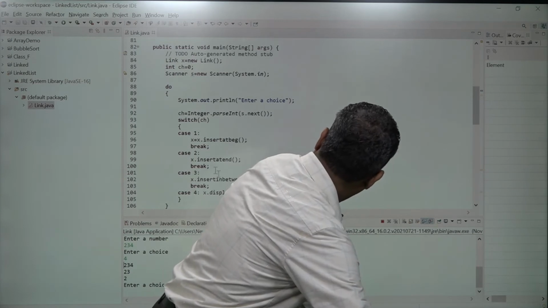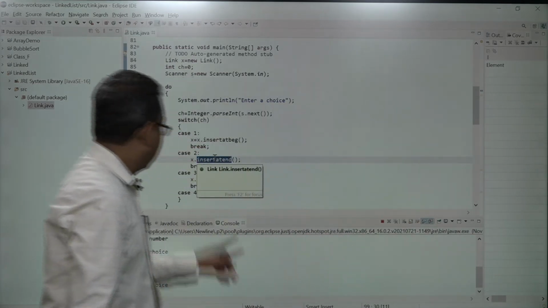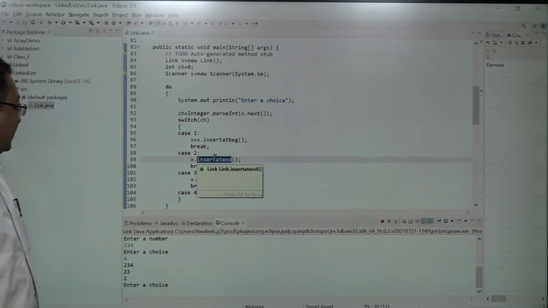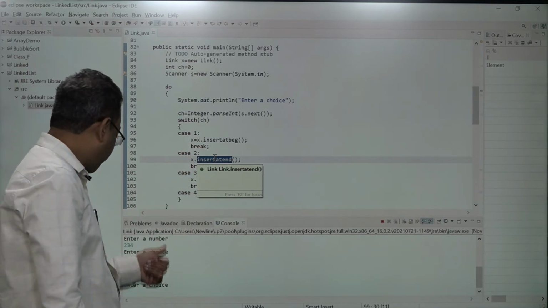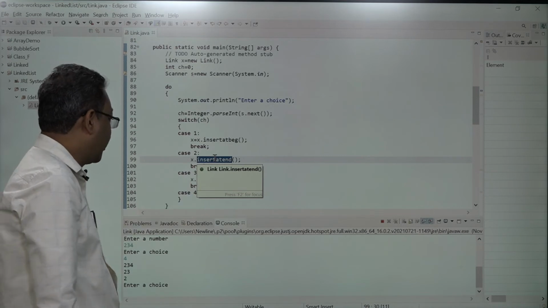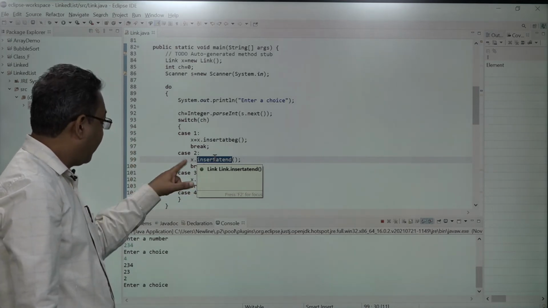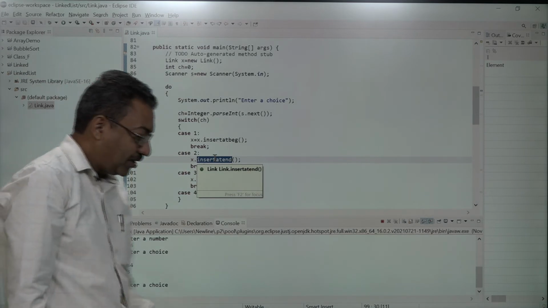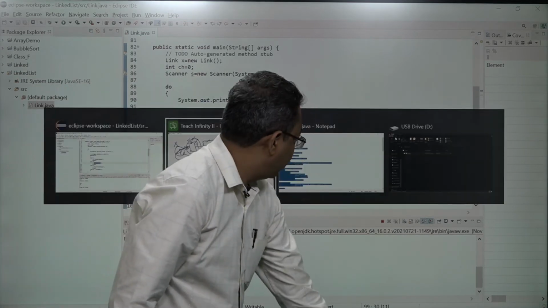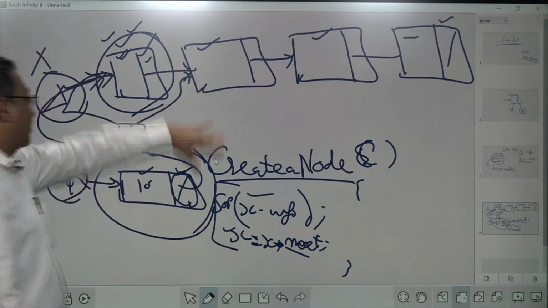Next is to go for this function, that is insert at end. Of course, this will be available based on the choice 2, right? And for that, let's understand it with the help of this diagram.